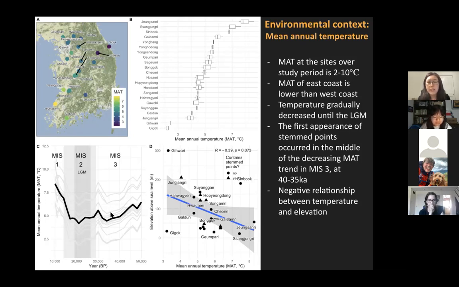And I can see the negative relationship between the temperature and elevation. I added the elevation element to the proxy too, because that's the only thing I can get for the ecological context. So I basically applied the location information, the longitude and latitude, and then elevation for this data set.